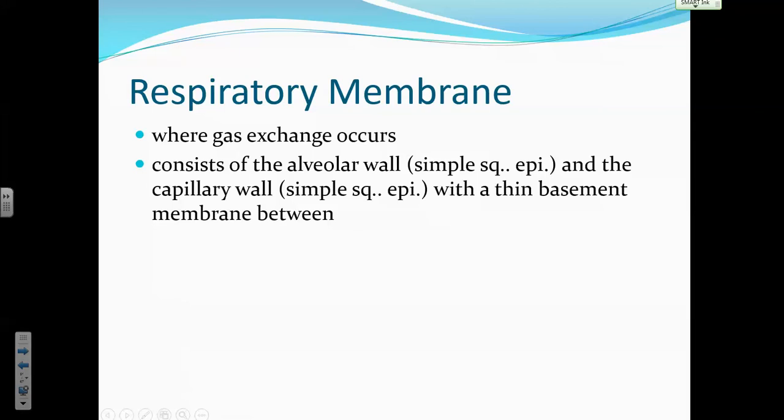So that's why it's important that each alveolar sac is simple squamous, and the blood capillary is simple squamous, and then there's little fibers in between that's referred to as a basement membrane. Your book may say a non-living basement membrane. Non-living just means it's not made up of cells, just little fibers, and things move in between them like gases.